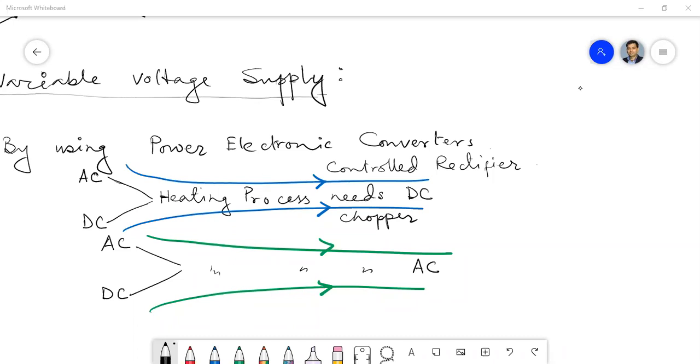Aditya Rai. Yes, sir. Have you seen this type of process? Sir, AC regulator. Sir, two anti-parallel SCRs are connected, with an AC voltage regulator. What type of converter is it called? AC voltage regulator. Correct. He is absolutely correct. It's called the AC voltage regulator or control AC to AC converter.